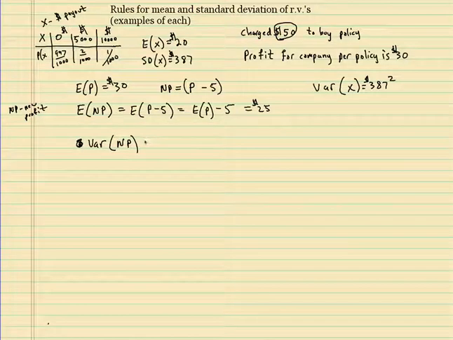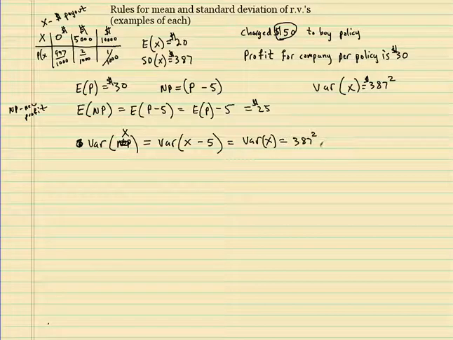The amount of variability will be the same thing. The variance of, let me just change this to x, so x minus 5 equals the variance of x,